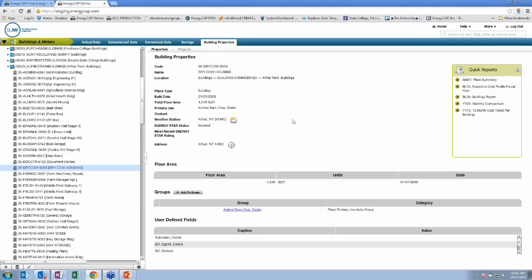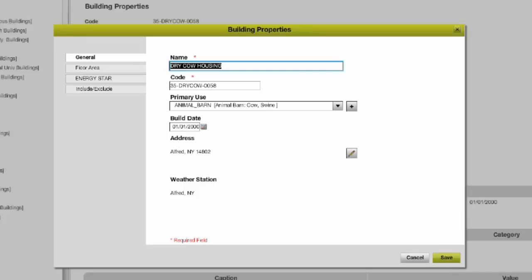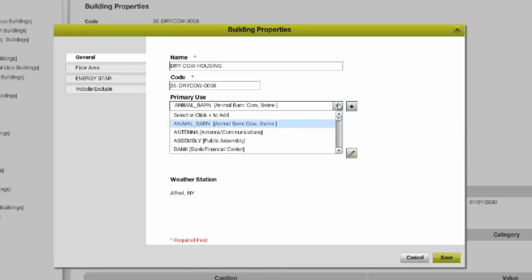There isn't any bill data in this area now because this isn't being used, but this is how you would assign a primary use. So we see here that already there's a primary use assigned of animal barn. But let's say that this really isn't an animal barn, that the folks at Alfred State look at this and say, well, this isn't an animal barn, this is something we actually use as a classroom. So you can select the pencil down here at the bottom where you can edit the building, select that, and then you have a choice over here to check the primary uses. So we could say, well, this really isn't an animal barn, we're really going to change it to a classroom